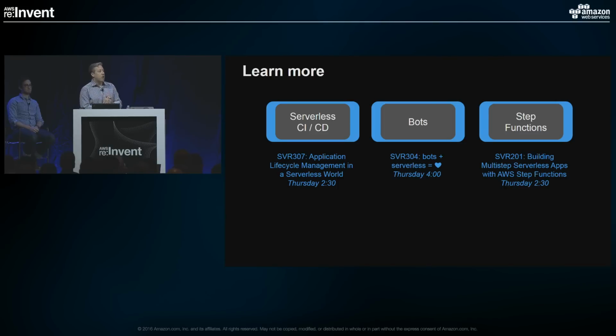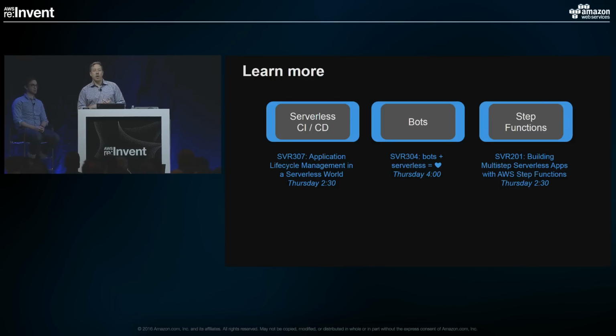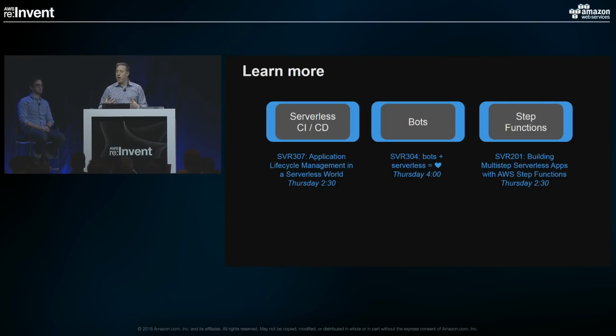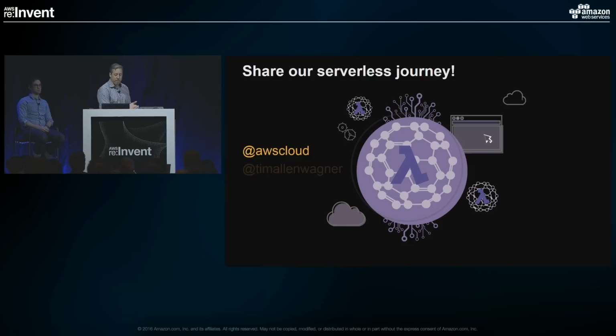At 4 o'clock, we've got a drill in on bots. And so if you're interested in building chatbots and using Lambda functions to create bots, we're going to be talking about that and how it integrates with Lex for a whole hour. And finally, Tim Bray, one of our principal engineers, is going to be giving a presentation also at 2:30 on step functions. So if you're interested in choreography, larger distributed applications, and management, Tim's going to be talking all about the genesis, the thinking, the design, and showing a bunch of demos all around step functions. So I encourage you to go see more of that.